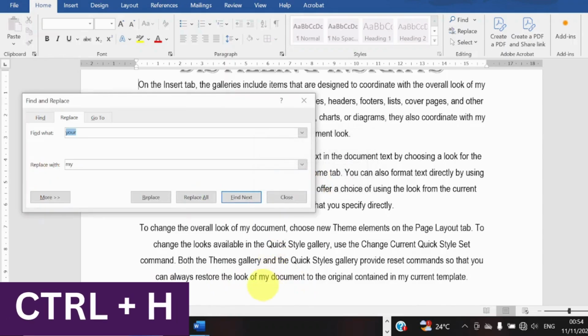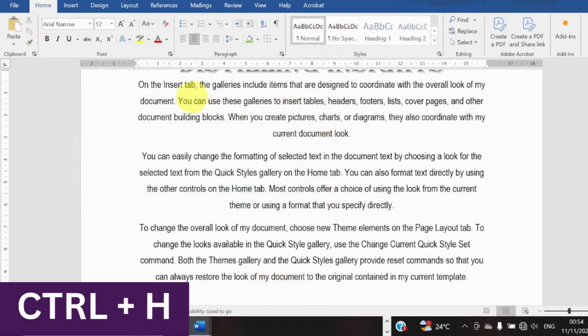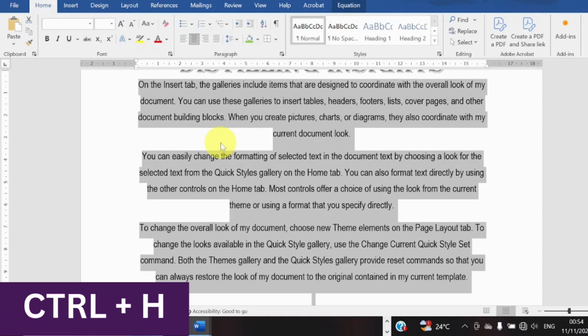Now it has changed this year to my document. All of the year that we have there, it has changed it to my overlook of my document. So it has changed it. So to replace a document in Microsoft Word, you need to press Ctrl H to replace. Now when we highlight this old document, these old letters or this old content, and we click on